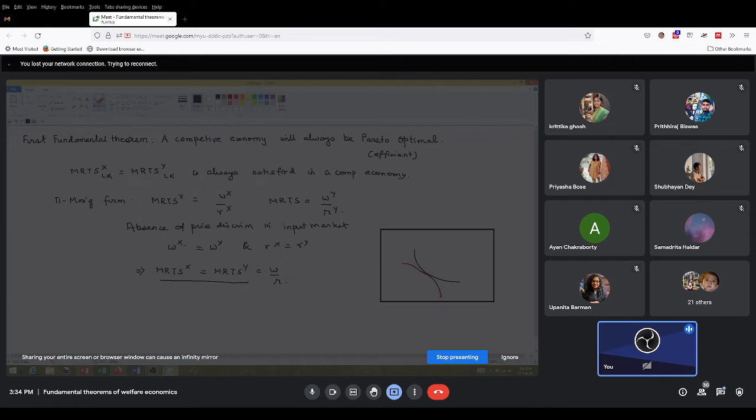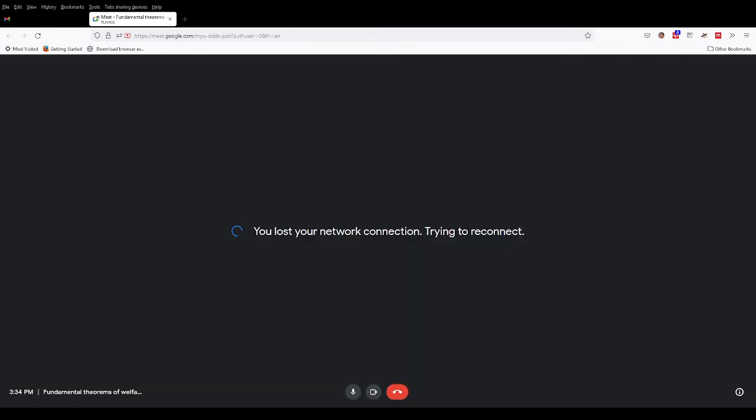The two isoquants must be tangential to each other. Okay, so that means if I choose this point isoquant, you will be at this point. If I choose this isoquant, you will be over here. Okay,